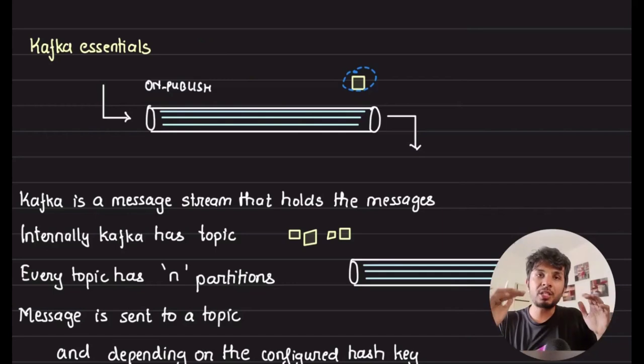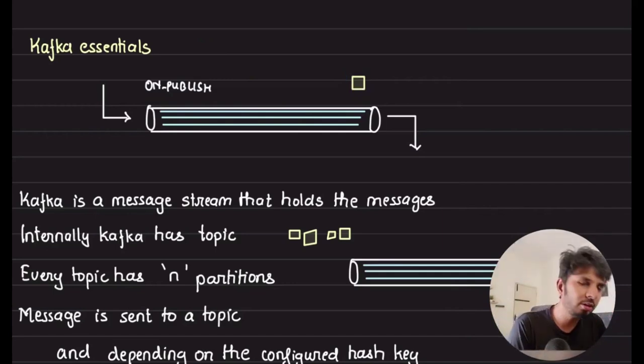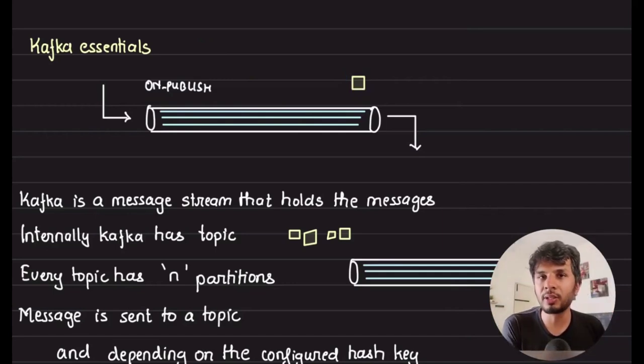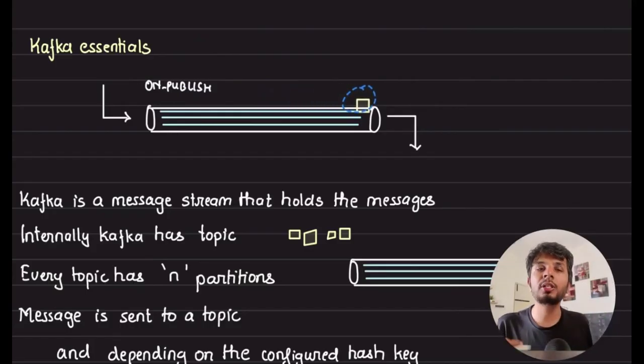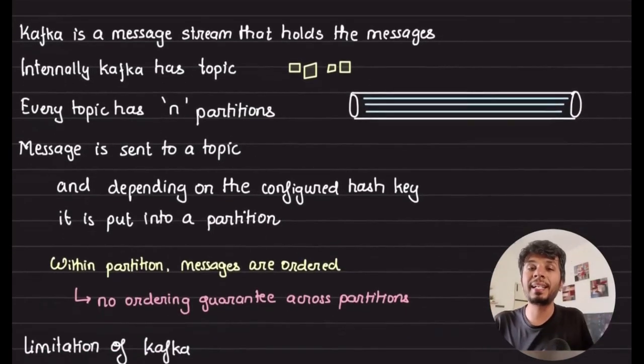So each partition can handle 333,000 users, right? If I have a total of 1 million users, a third each. That's what hash based partitioning would do. So here, for one of these partitions, the message would be going and sitting in front of it, right? So this is what happens when you're sending the message.